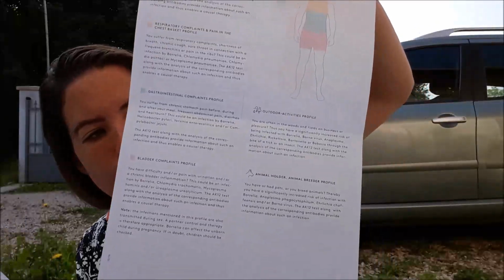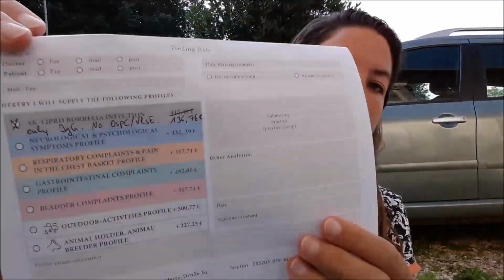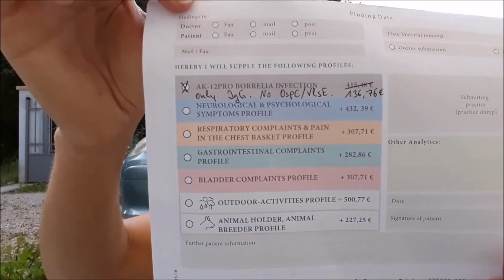And then this bit of paper, I talked about the other one in my previous video, which talks about the different aspects of Lyme's and co-infections, and this one's a little bit about, I'll have to fill this in basically. It's got my patient data, my name, address, my telephone, my email, whether I'm a patient or the doctor sending it off, and then they have actually ticked which one I'm having done here in that colourful box there,